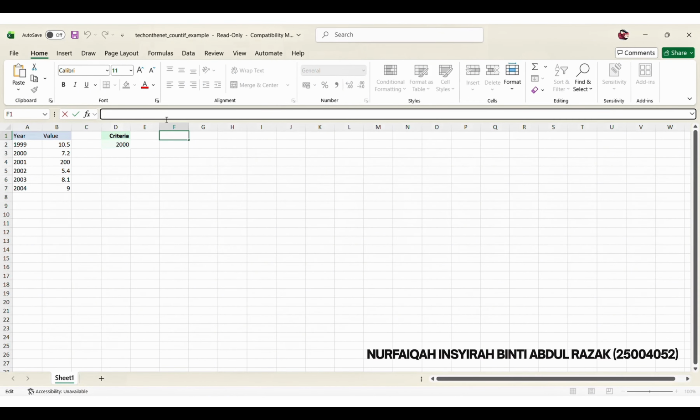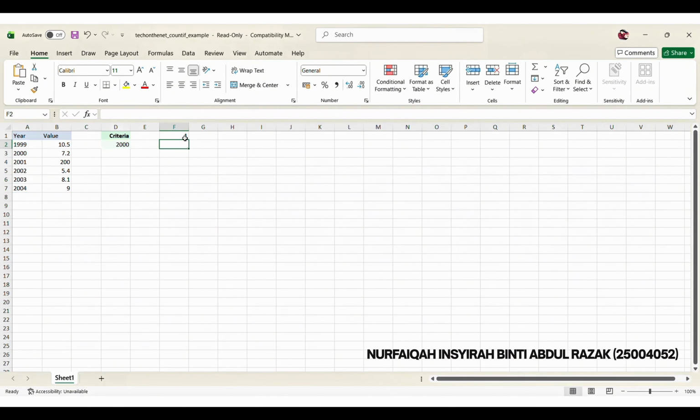To use the countif function, follow these two simple steps. First, select the range. Choose the cells you want to check. I use A2:A7. Set the criteria, enter the value or cell reference you are looking for. Here I use D2 and click enter. In this case, the formula =COUNTIF(A2:A7,D2) scans the list and returns 1 because the year 2000